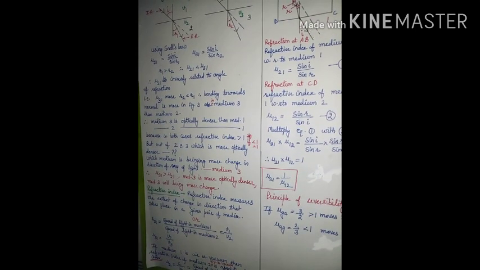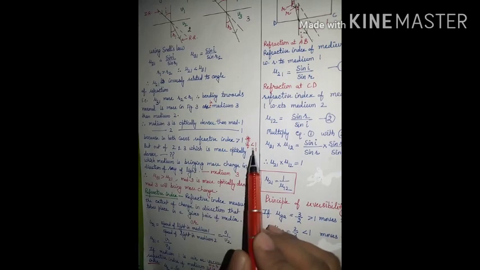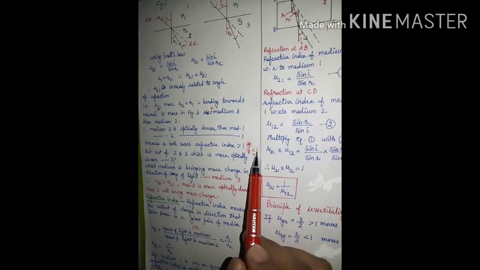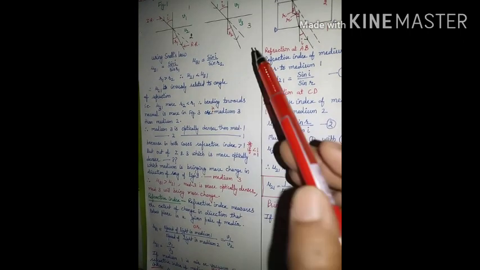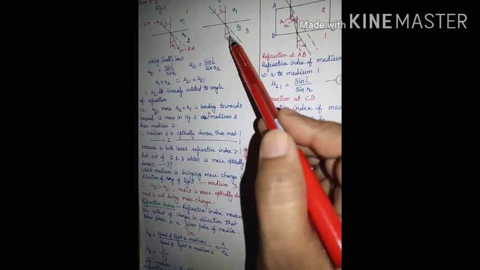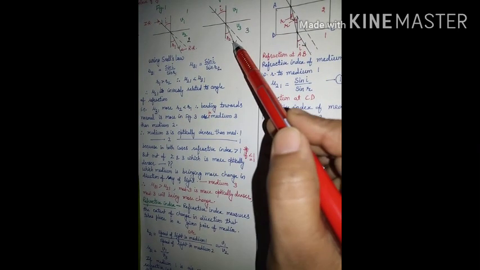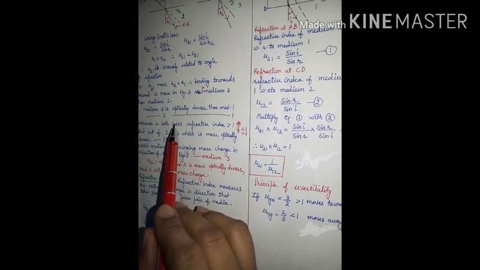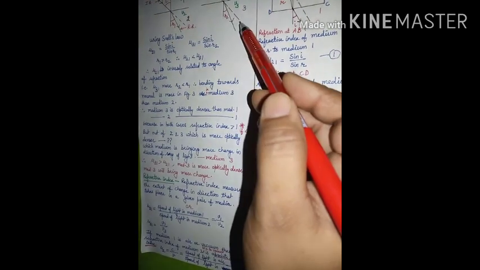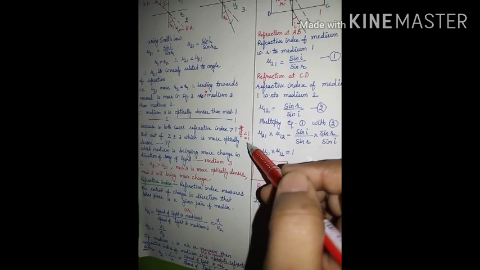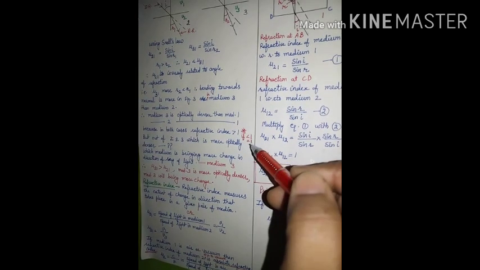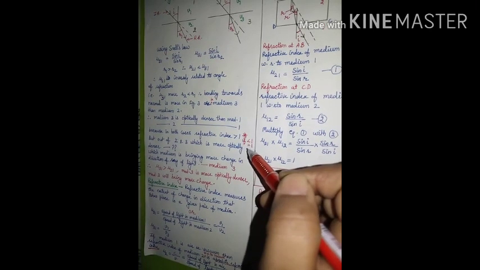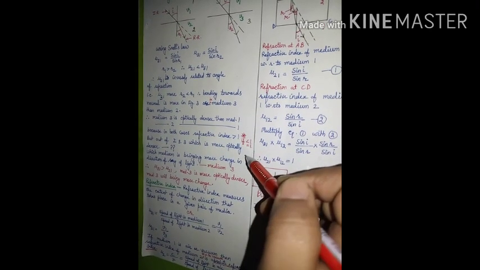Now my question is, if this refractive index is less than 1, then what will happen? If this refractive index is less than 1, then in that case, the incident ray of light will not bend towards the normal. It will go away from the normal. And if this refractive index value, for either of these media, comes out to be 1, then how will the ray of light follow the path? Will it bend towards the normal, or go away from the normal, or move straight?